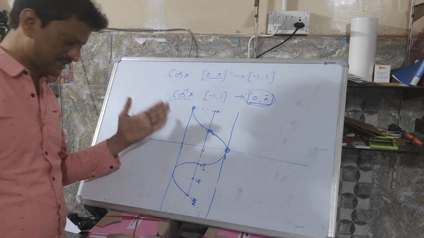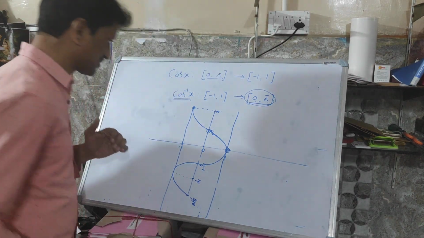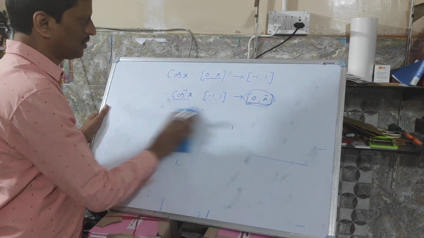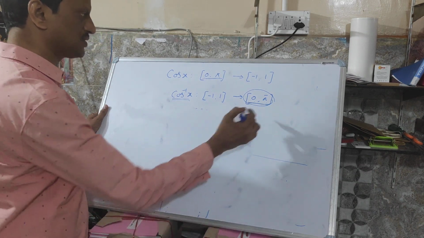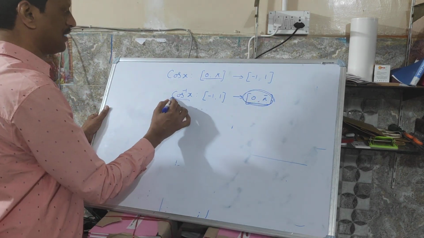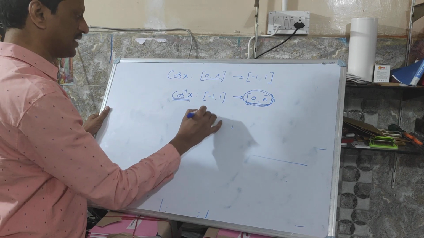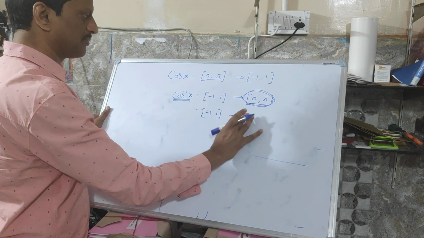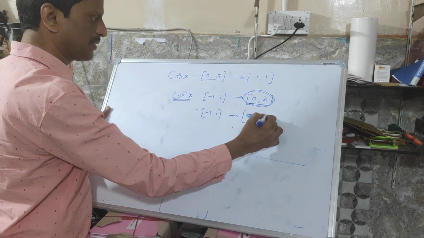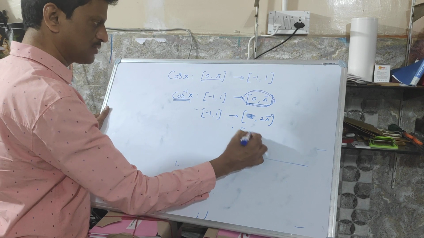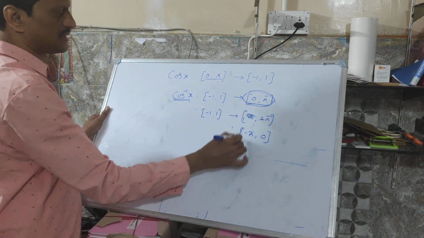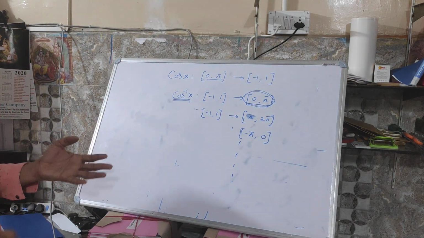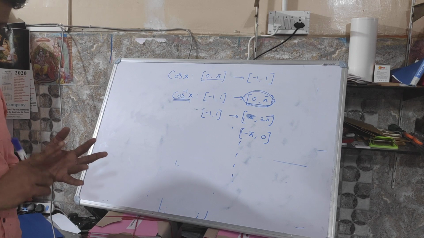But again we take it piecewise, as we discussed. So cos inverse x from the closed interval -1 to 1 to the closed interval 0 to pi is the principal branch of cos inverse x. And if you take it from -1 to 1 to other ranges, say pi to 2 pi, 2 pi to 3 pi, or even minus pi to 0, you will get other non-principal branches of the inverse function cos inverse x. Clear now? Now you are clear with sin inverse x and cos inverse x.